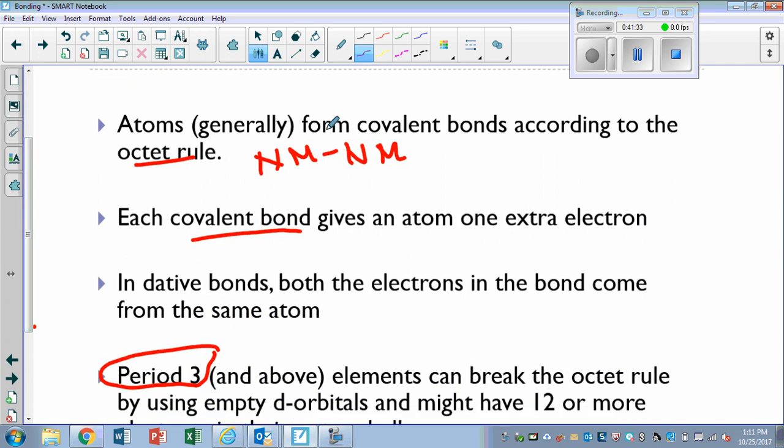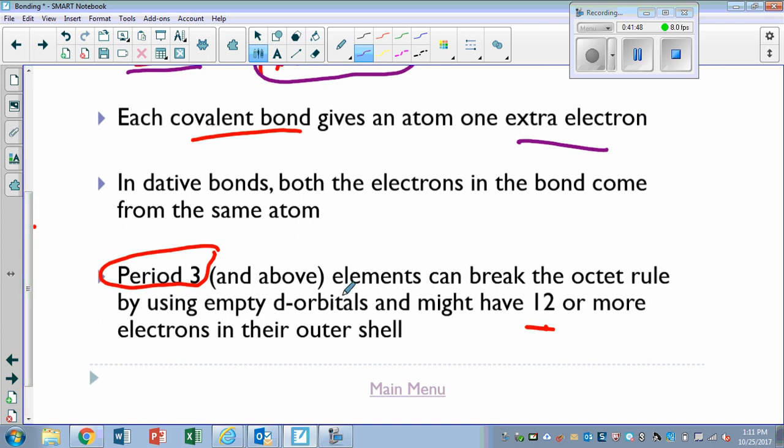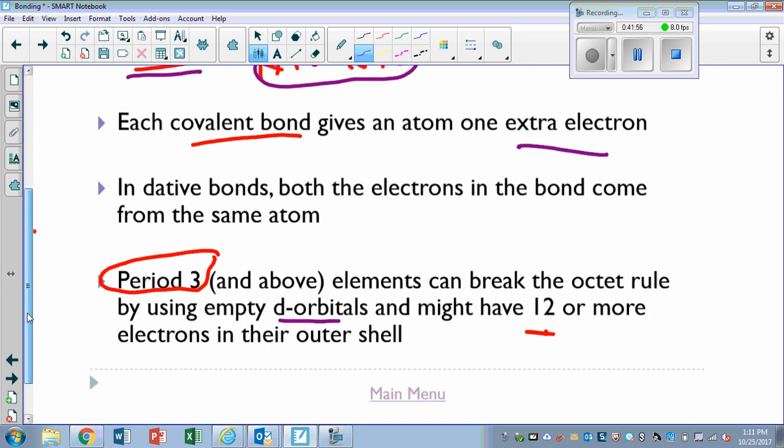That atoms generally form covalent bonds according to the octet rule. Nonmetals and nonmetals are the ones who make covalent bonds. Each covalent bond gives an atom an extra electron. In the dative bond, both electrons in the bond come from the same atom. Period 3 and above elements can break the octet rule by using the empty d orbitals and might have 12 or more electrons in their outer shell. So that takes care of the